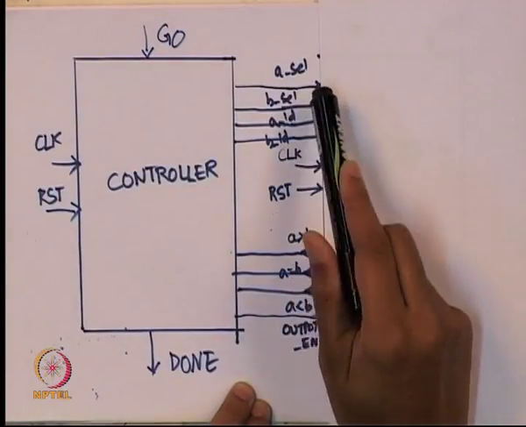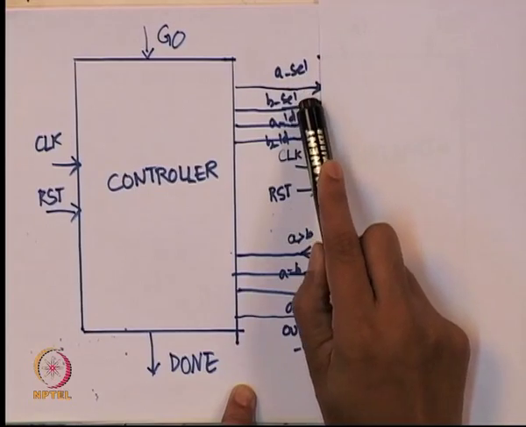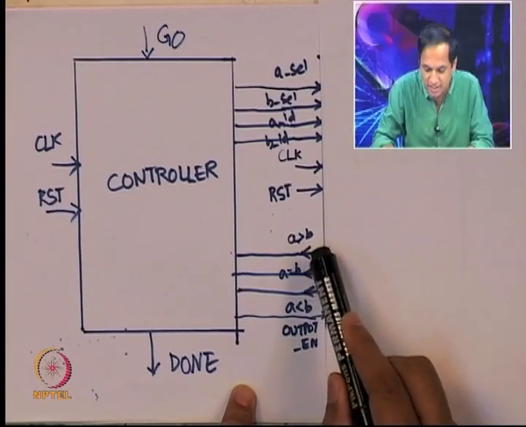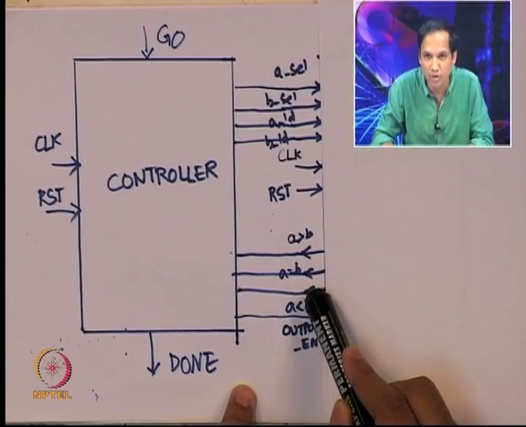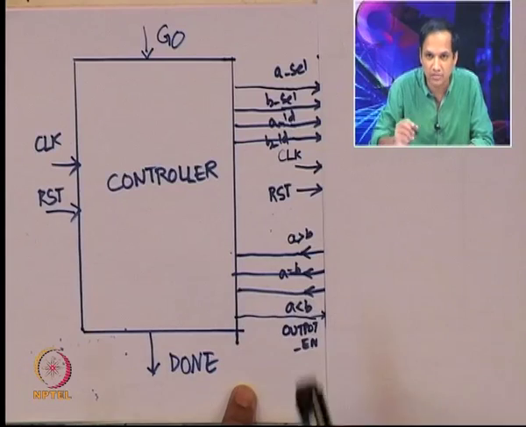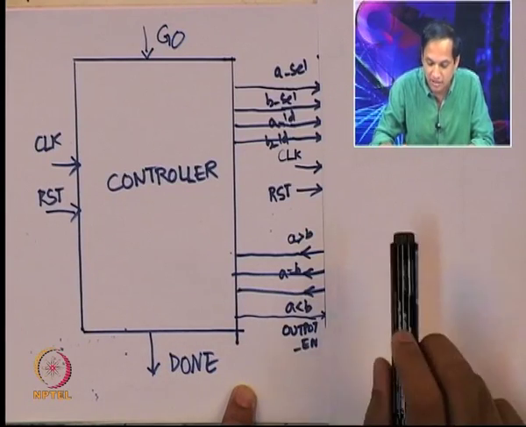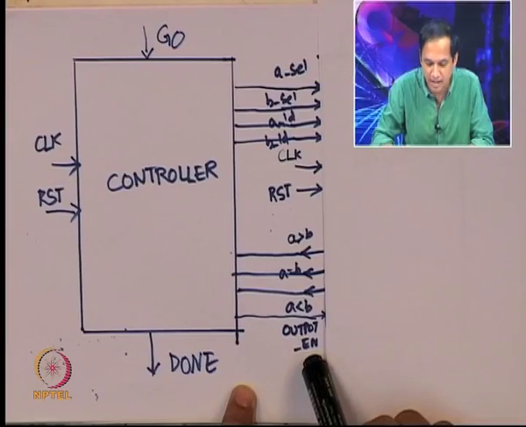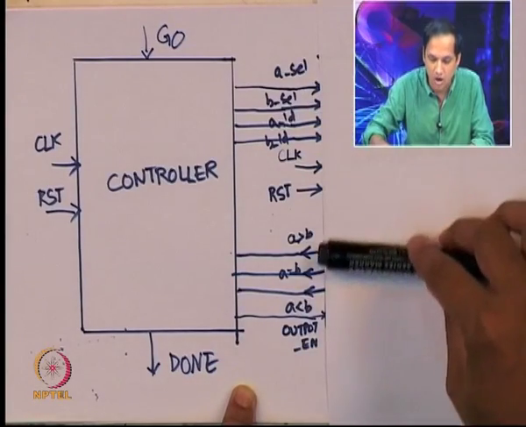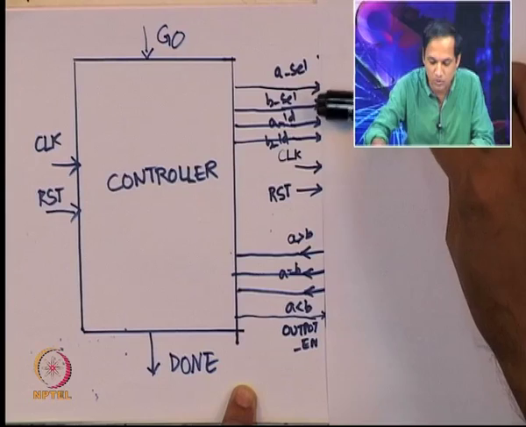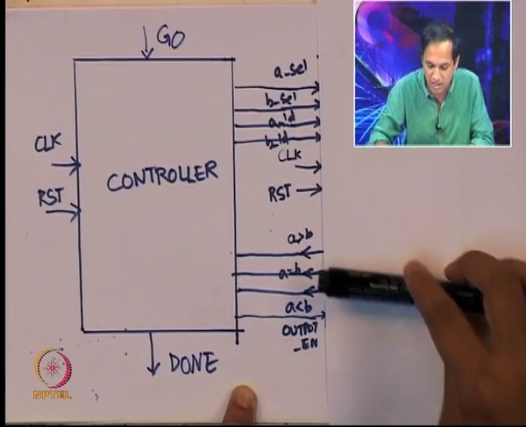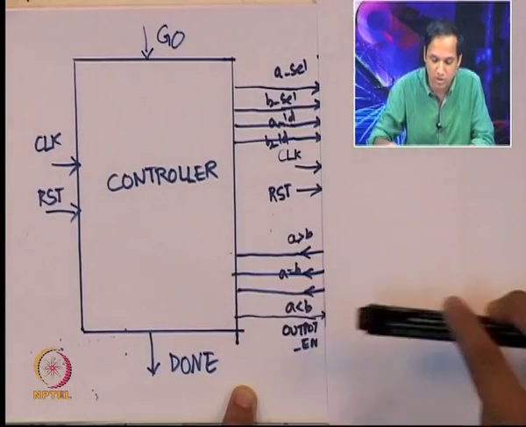The data path elements are supposed to take select lines at appropriate times, and accordingly the registers will get values. And similarly, it is supposed to produce 3 output lines. The data path element will produce a greater than b, a equal to b, and a less than b as 3 output lines at appropriate times. The data path element also takes output enable as an input. All these signals are supposed to come from the controller. Whatever you see here are all going to come from the controller. So, 1, 2, 3, 4 lines here and this output line here are all going to come from the controller. These 3 lines are actually input to the controller.